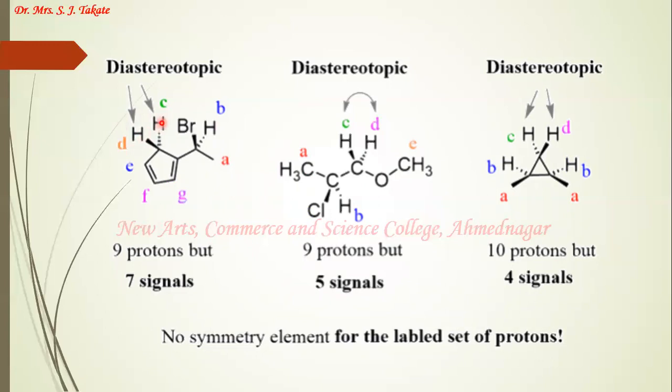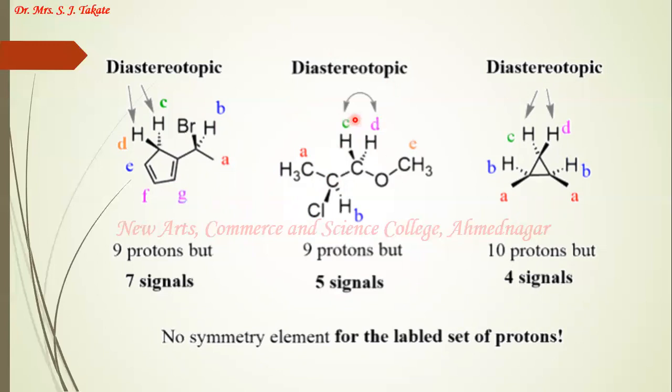They are different protons. Now, the asymmetric carbon atom is a little bit away from these two protons. Still, these two protons are present in the surrounding of this asymmetric carbon atom, and therefore these two protons are diastereotopic protons. So total 9 protons are there, but we are going to get 7 signals. One for these, second for these, 2, 3, 4, 5, 6, and 7 signals are there. In this case, it is very clear that this carbon atom is an asymmetric carbon atom. Therefore, C and D protons are diastereotopic protons.